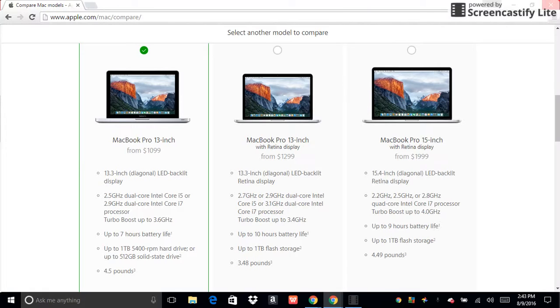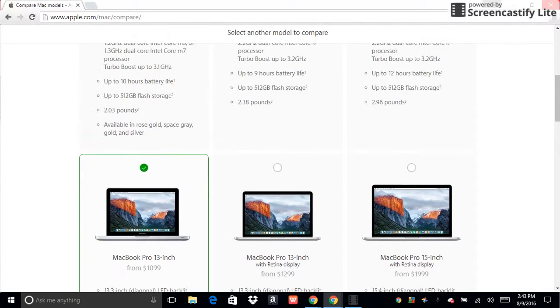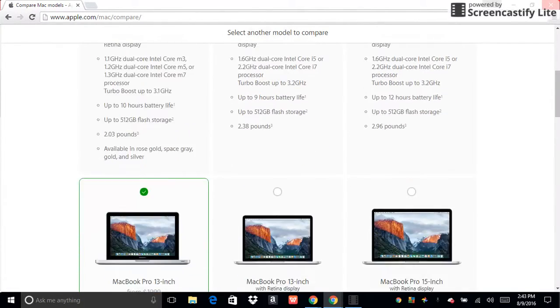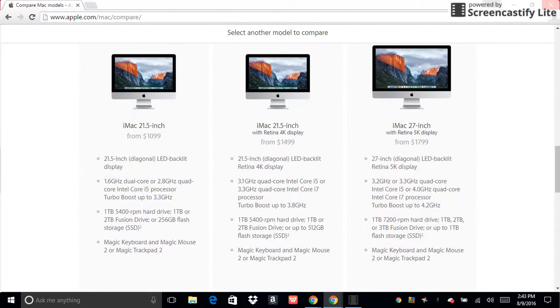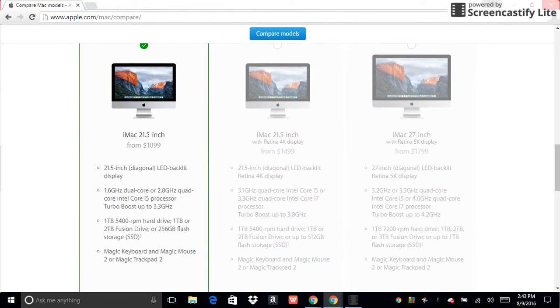Okay, the iMac without Retina display. The iMac 21.5 inch right here. And if you are looking, this is actually the one I have printed out. I put a number by each of them so I will remember. So the iMac 21.5 inch,